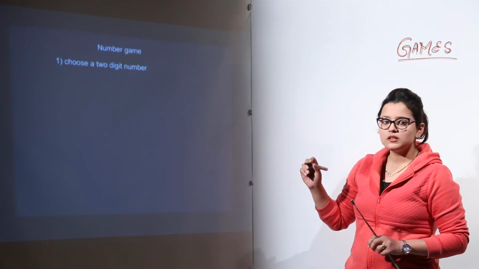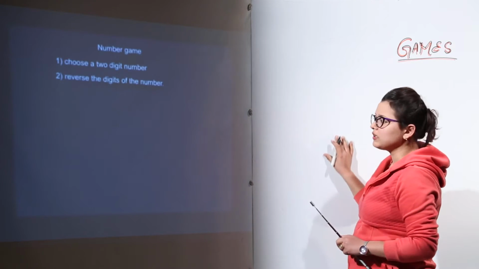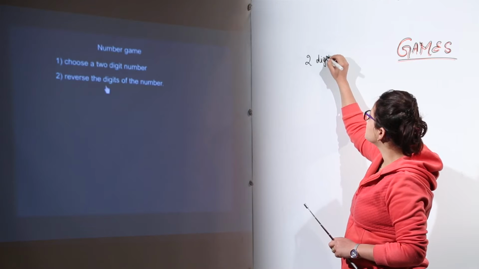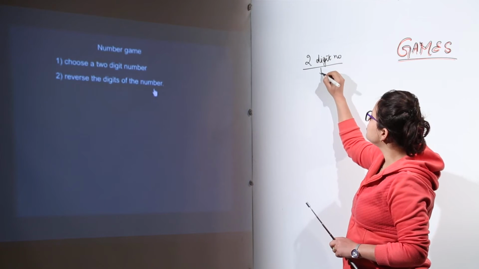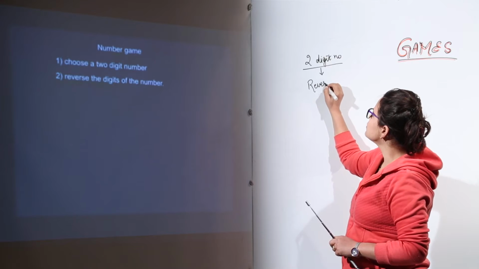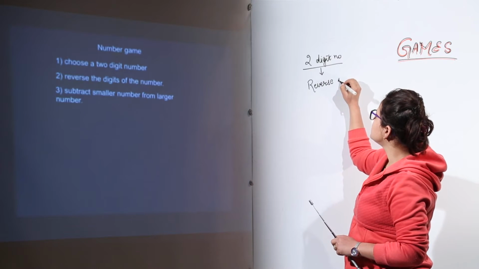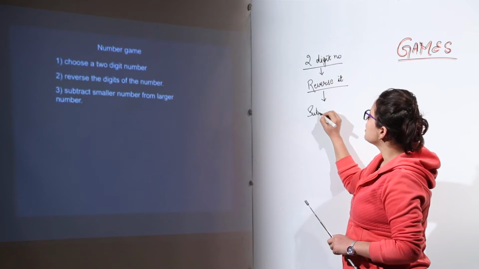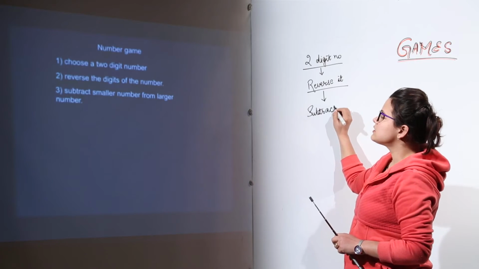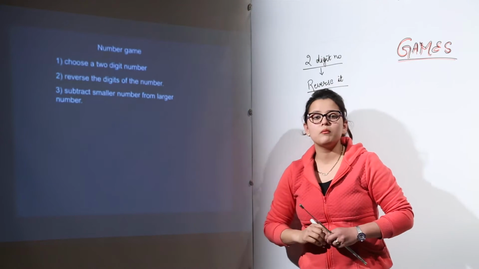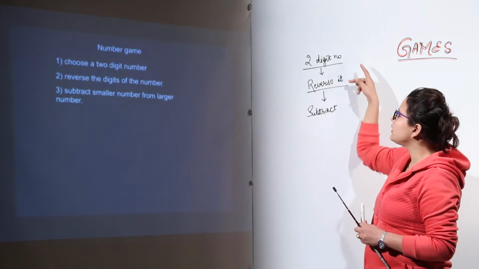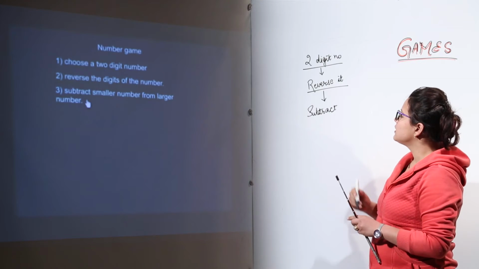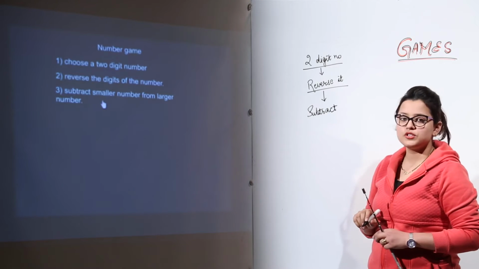Okay, let me side by side write a flow chart to make you understand it better. We have taken a 2-digit number, right? I am going to do the reverse. So I'll write reverse it finally. Okay, now do the subtraction, but carefully see, the subtraction of a smaller number from the larger number is to be done. Definitely out of the two, one number will be smaller. So you have to subtract the smaller number from the larger number.